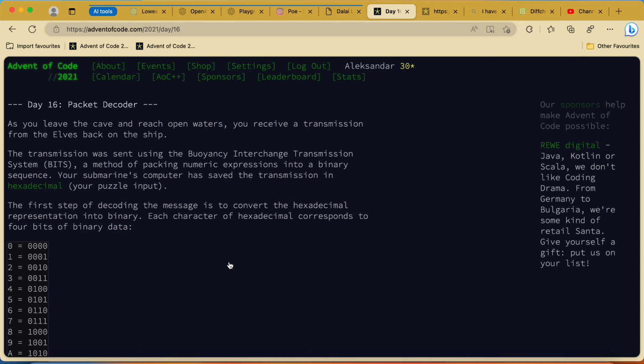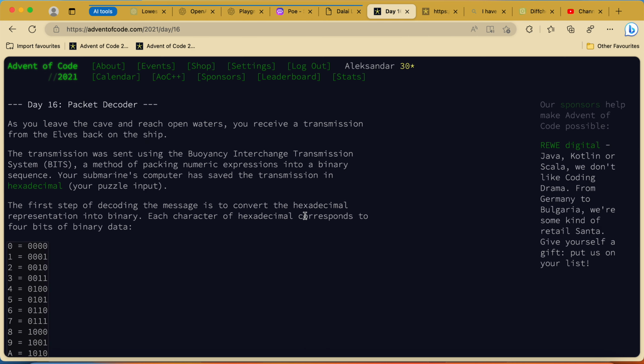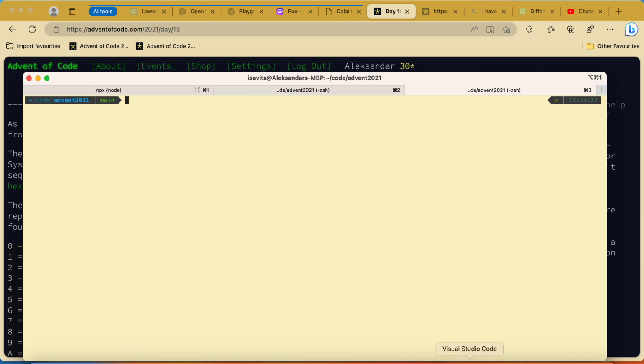We haven't yet used other tools, but we might at some moment, like Dragonfly or Sage or Cody, and we are solving the problems using Go.